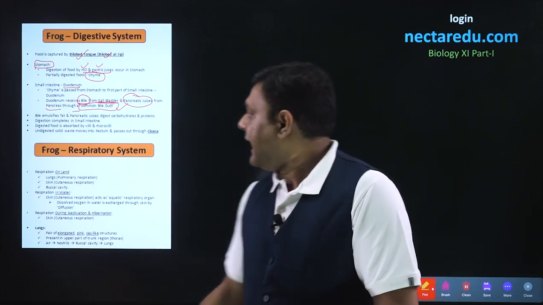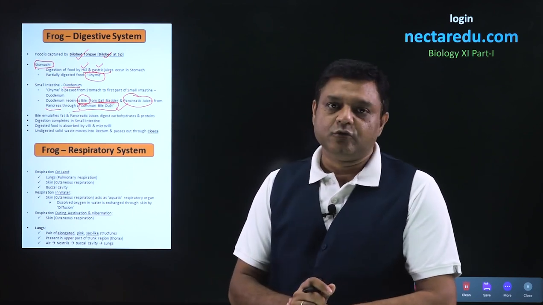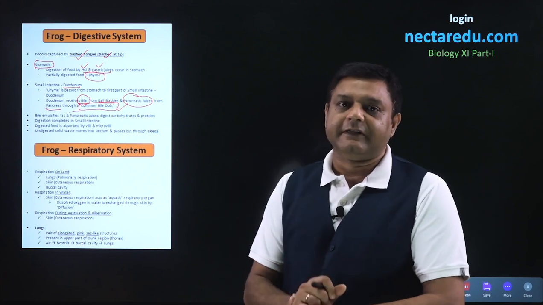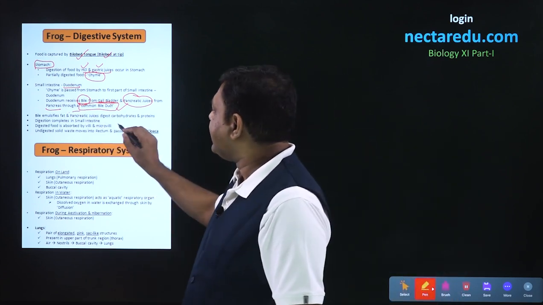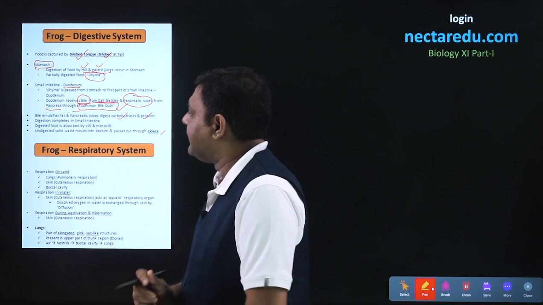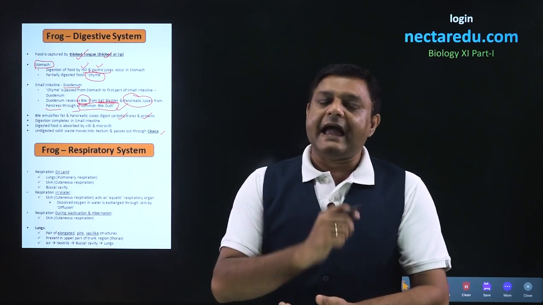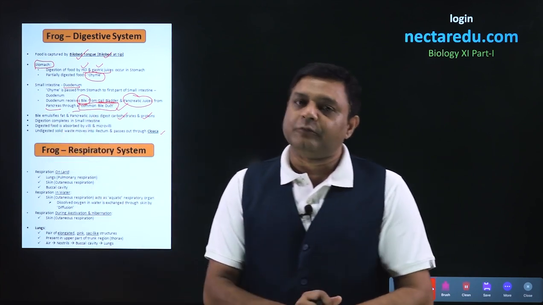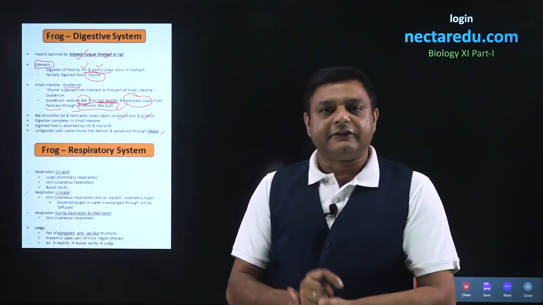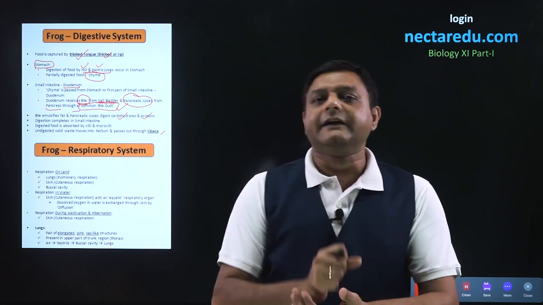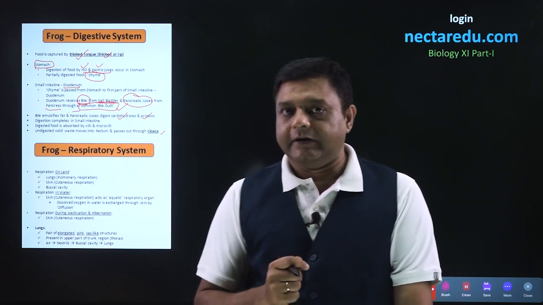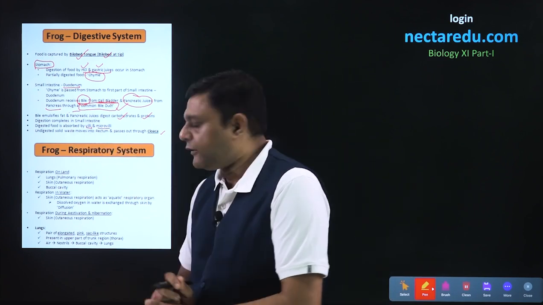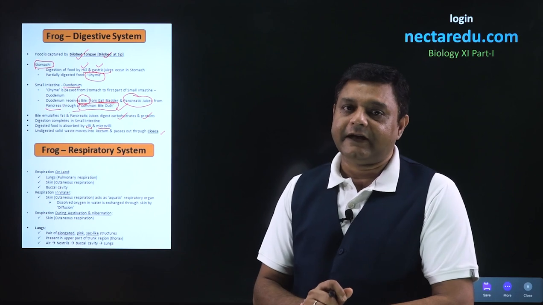The functions of bile and pancreatic juice are that bile will emulsify the fats which are present in the food, and pancreatic juice will digest carbohydrates and proteins. Now, by action of these juices, digestion will be completed in the small intestine. Once the digestion is completed, all the nutrients will be absorbed in the small intestine. This absorption will occur by villi and microvilli present in the small intestine.